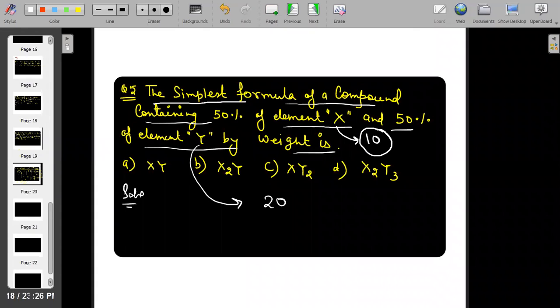This is another question. If atomic mass of element X is 10 and atomic mass of element Y is 20, how will you solve? Anusha says X2Y. Raj says X2Y. I don't know. Check. Can you solve it directly, without drawing the table? What happened? You need to solve it. I know only the formula.